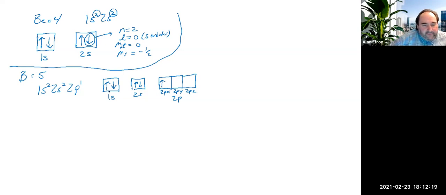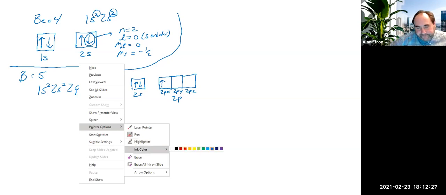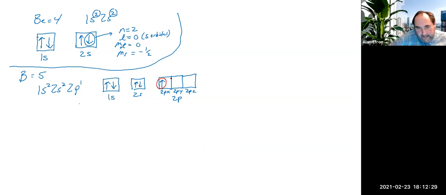And again, the quantum numbers for the first 4 match what we just did previously. So if we look at the last electron we put in there, which would be this guy, n in this case is going to equal 2 because it's again on the second energy level. Just like we saw earlier, L could have a value of 0 or 1 in this case. Again, the 0 is an S, the 1 is a P. So when we're talking specifically about this particular electron, L should equal 1 in this case because it's in the